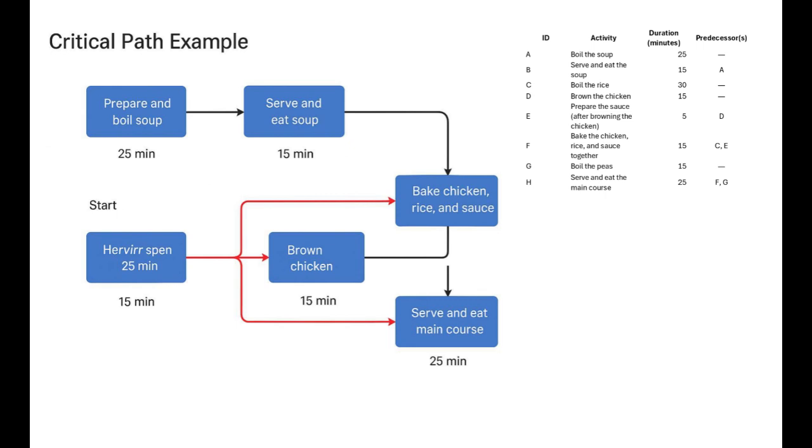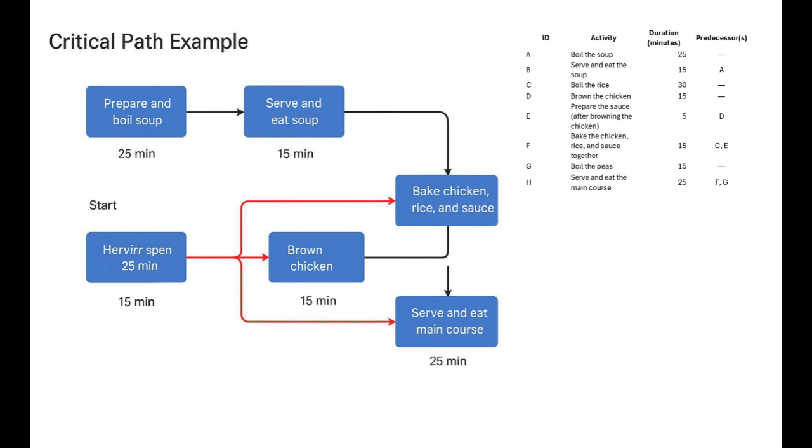The shortest possible duration for the whole project is 70 minutes because the critical path determines the minimum total time required to finish everything. The activities on the critical path are boiling the rice, baking the ingredients, and serving and